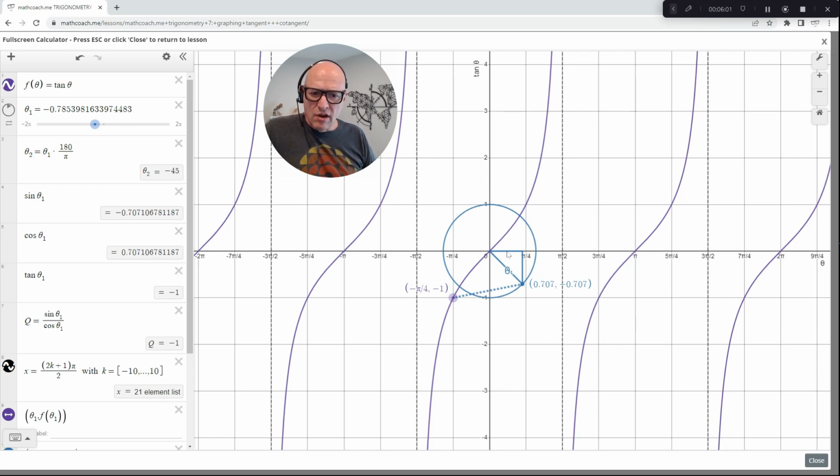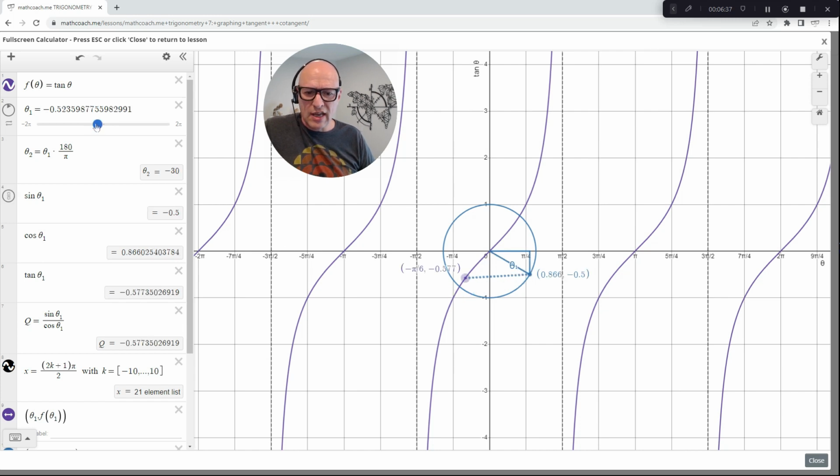Our cos is reflected here in this x value, and that is on the positive x-axis, but our sine value, cos theta, sine theta, our sine value for this point is on the negative y-axis, so that's why that's negative. Therefore, tan of negative 45 degrees is going to be negative 1. And we can see our function, as we go through 0, has gone from positive to negative. And it's going to be negative as we get closer and closer to negative 90 degrees. So as we approach negative 90 degrees,